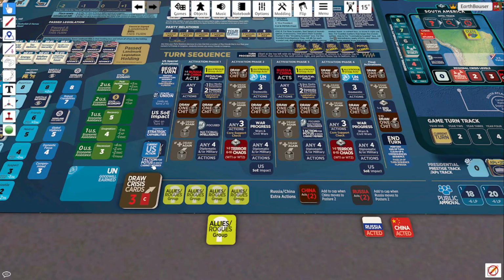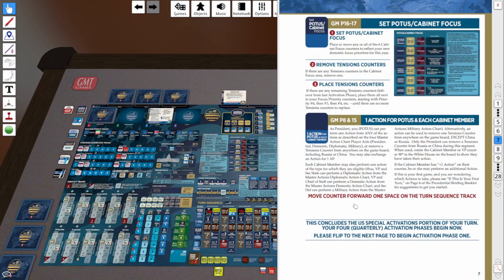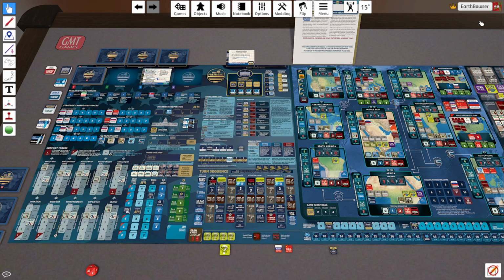Next over here is going to be 1 action for the president and each cabinet member. And the actions that they are referring to is on these master charts that I have here in my hand. Unfortunately, you can't see them, but there are quite a few actions like the presidential master action. That's usually what I do first. So I get 1 action: the president can activate anything from the presidential chart or any of the other charts. So we have quite a few things